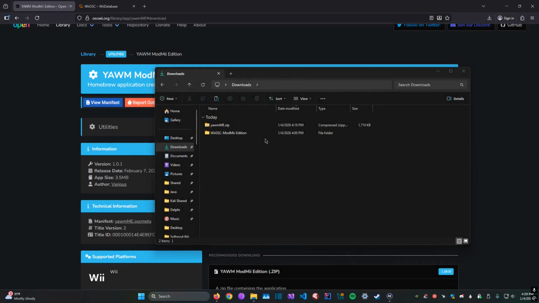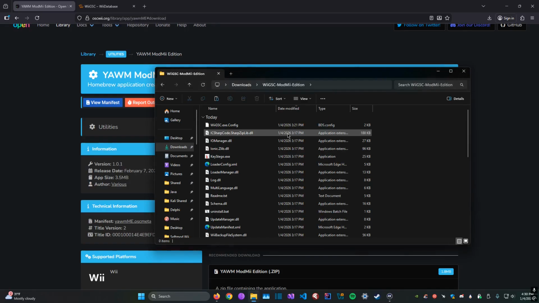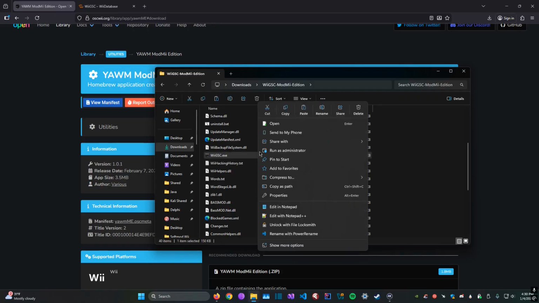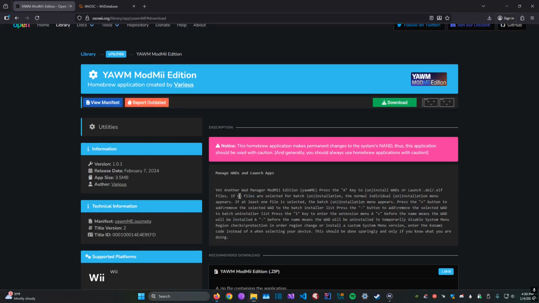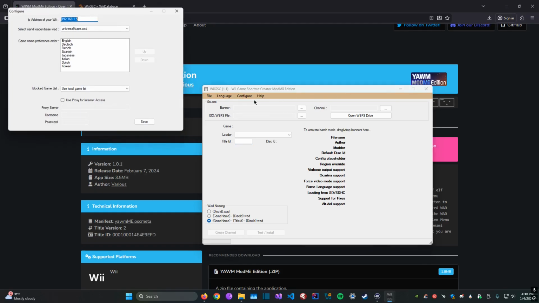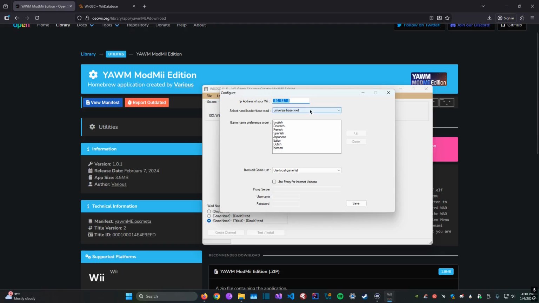So the next thing that we're going to do is make sure that your device, whether it's your SD card or your USB drive, is plugged into your computer. Go ahead and inside of here, we're going to scroll down to WiiGSC.exe, run that as administrator, click yes, and from here we're going to go to configure, settings, and make sure that the universalbase.wxd is selected for the NAND loader. Go ahead and save,